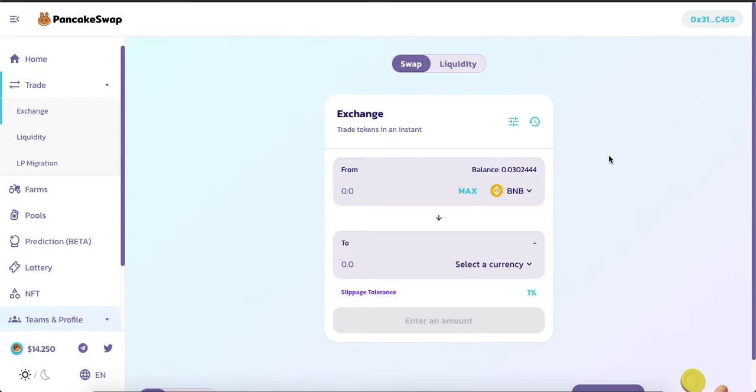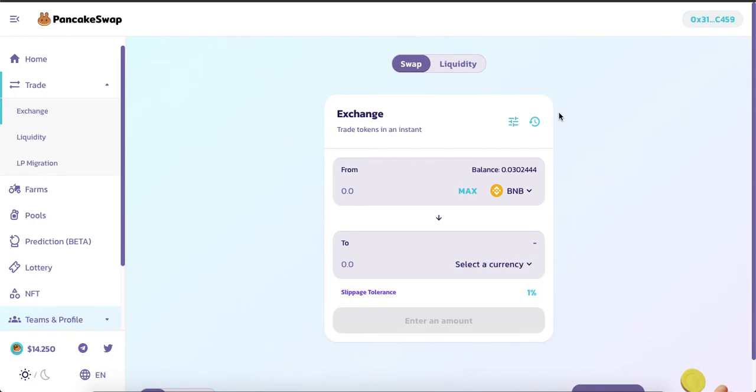Because now some new swap sites have also come up, but normally wherever possible, I always use PancakeSwap because it's the most reliable and dependable site. And most of the new projects on Binance Smart Chain support PancakeSwap.